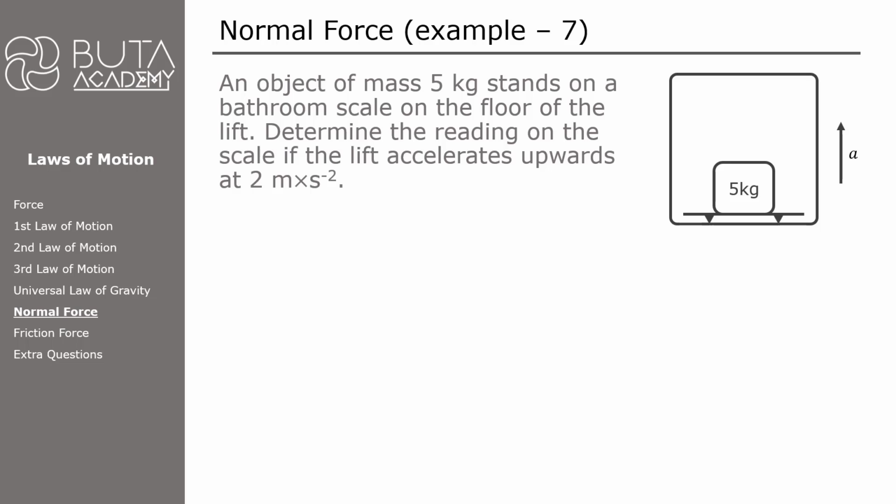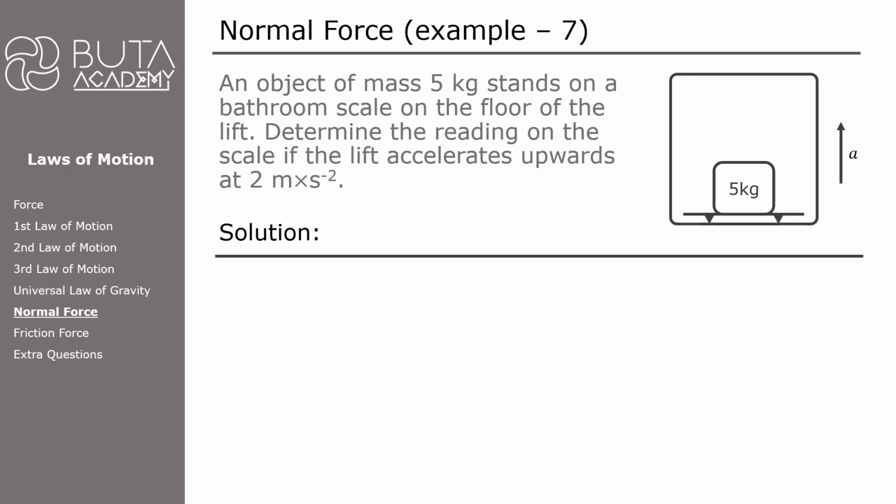In the first example, a lift is accelerating upwards at an acceleration of 2 meters per second squared. The mass of the object is 5 kilograms. We start the solution by drawing a free body diagram for this object. By doing so, we isolate the object and make the solution seem much easier. There are two forces applied on this 5 kilogram object. Force of gravity exerted on it by Earth and the normal force exerted on the object by the surface of